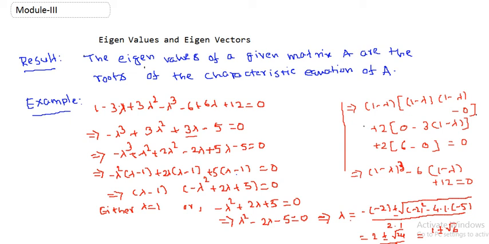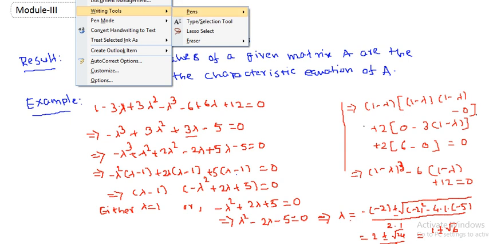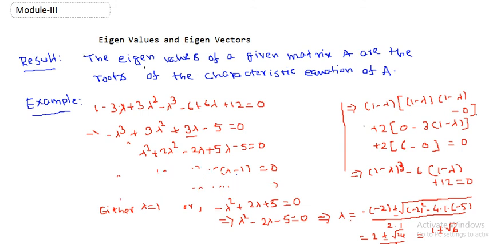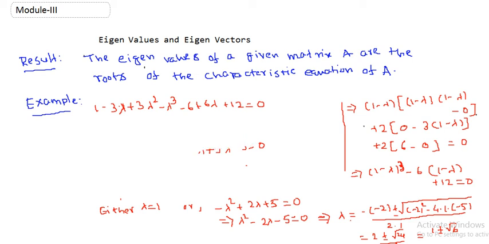So the roots of these characteristic equations are, let me write that down in a fresh way. So the roots of the characteristic equation, I think you have solved it by yourself, and do not just copy me, do it by yourself, and we can recheck each other after you come back over here. So we get the roots of the characteristic equation: 1 plus root 6 and 1 minus root 6.